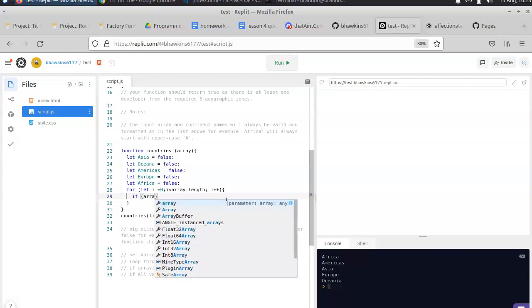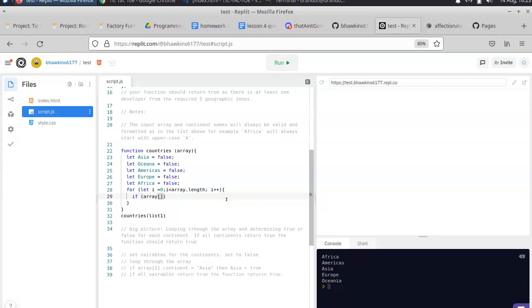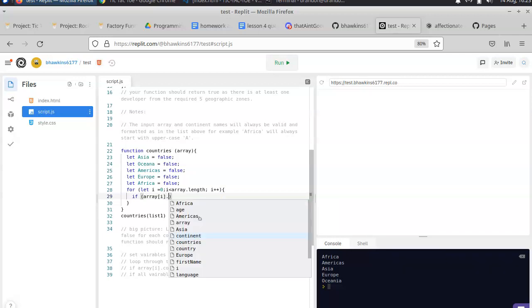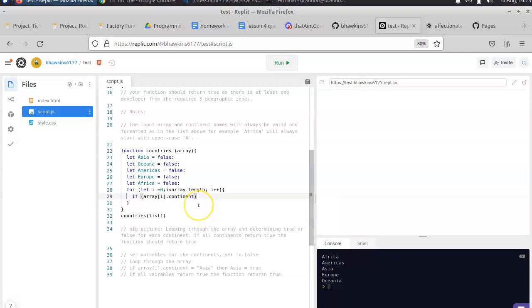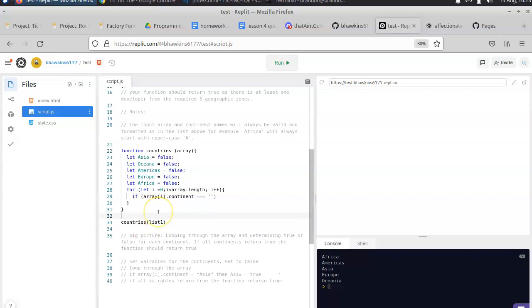If array i consonant equals, and then I guess it's a string, right? It's a string? You know what, let me test this. What's the type? There's a typeof method I think you can use, right? Typeof,